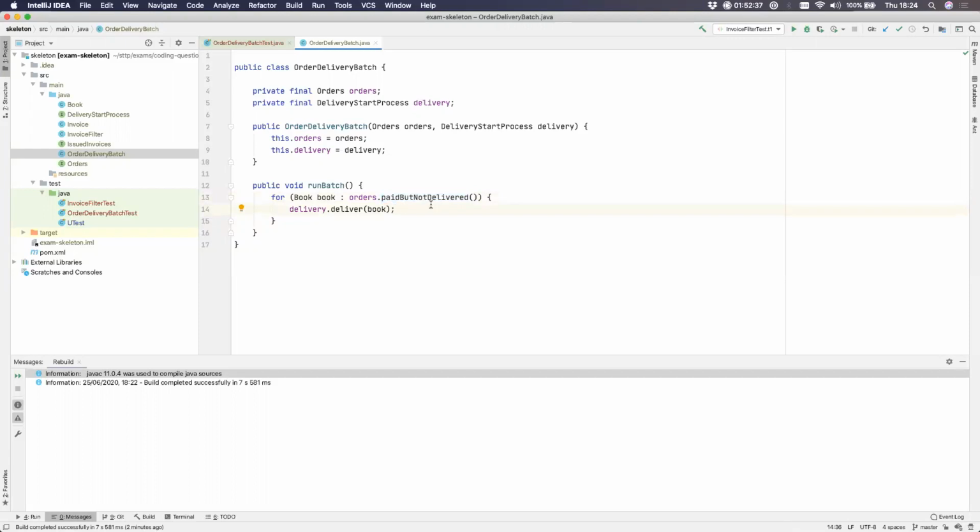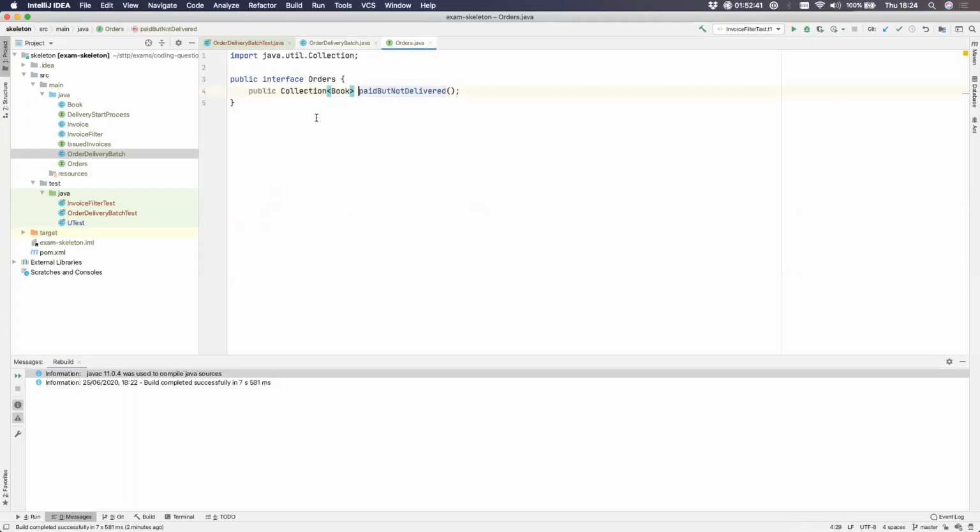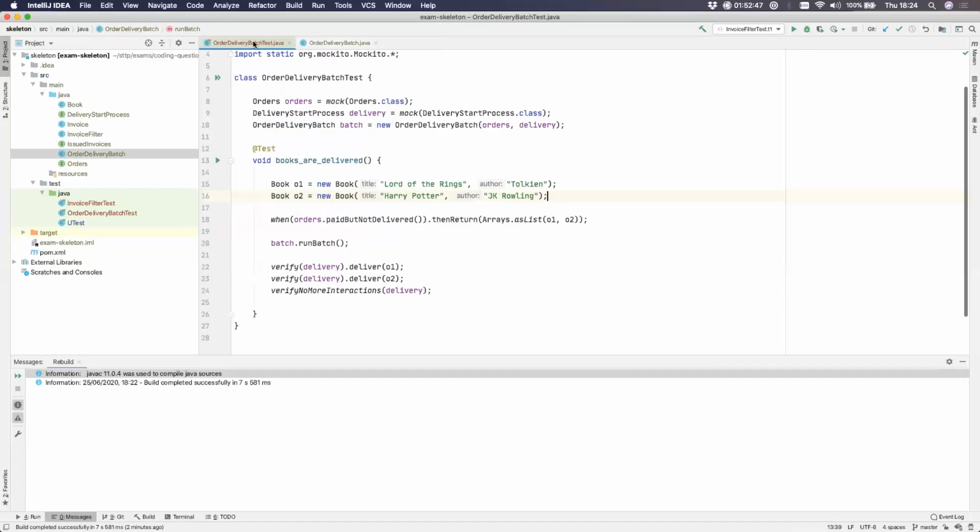What do you do in practice? If you need some hints, just go to the implementation of the method. So what does it do? It returns a collection of books. So you know what this method is about, right? So that's what we do. We create a collection of books. So Lord of the Rings, Harry Potter,